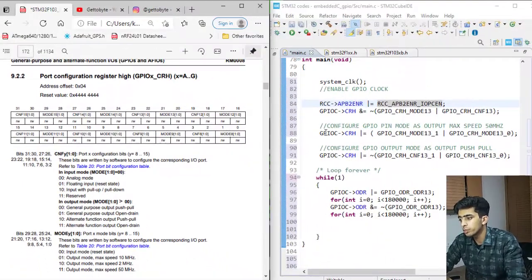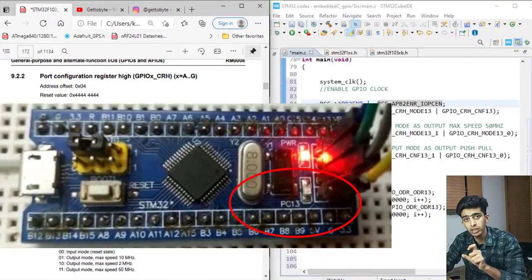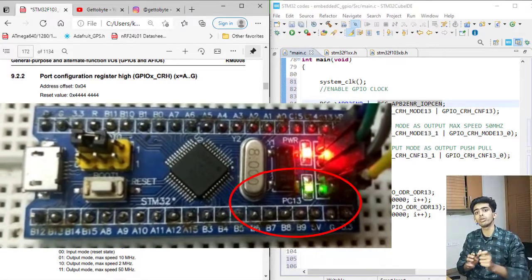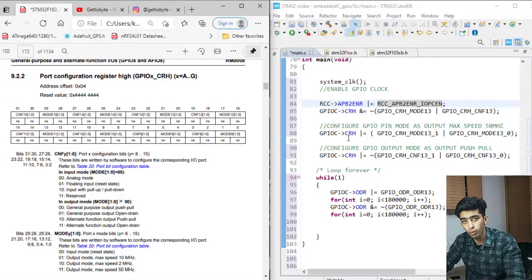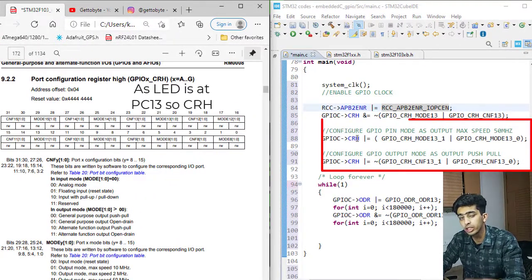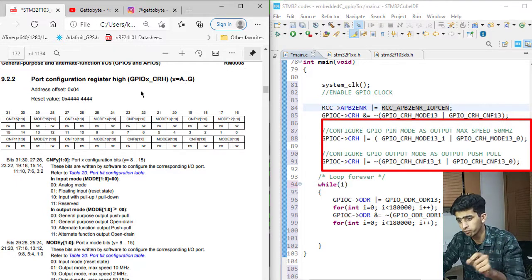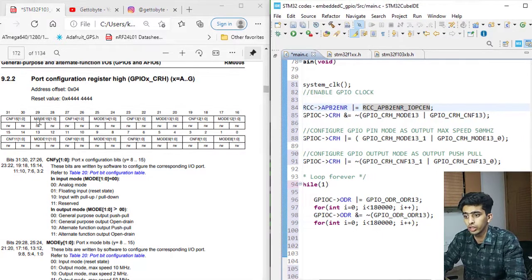As I am using GPIOC, port C, PC13 is the pin at which my onboard LED lies. So it is GPIOC and its configuration high register, because I am using the 13th pin, so it will be in the high configuration register.